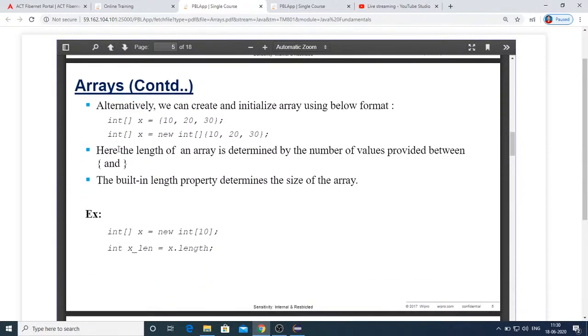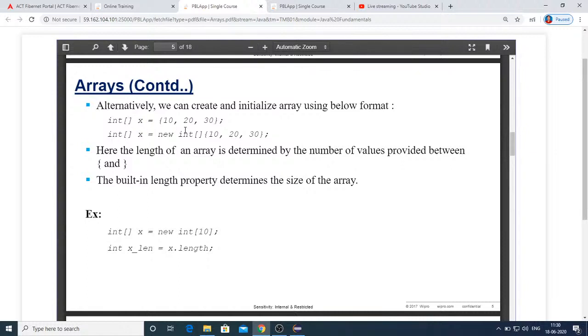Here you can see this is how you can declare. In this statement, int, these brackets you can have beside the data type or beside the variable. That doesn't matter, don't worry. Here I'm not specifying any size. Specifying size will raise a compile time error.